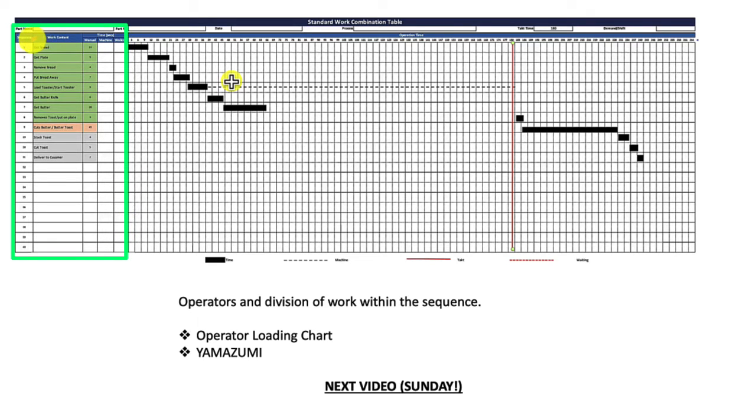So there's a couple of things. One, we have the sequence of steps, basically just numbering out those 1, 2, 3, 4, 5, and so on. And then we have the work content, and that just means what's happening when, what am I measuring here? And for this example, I pulled this straight out of the Kaizen Masterclass, the Kaizen Pro System,